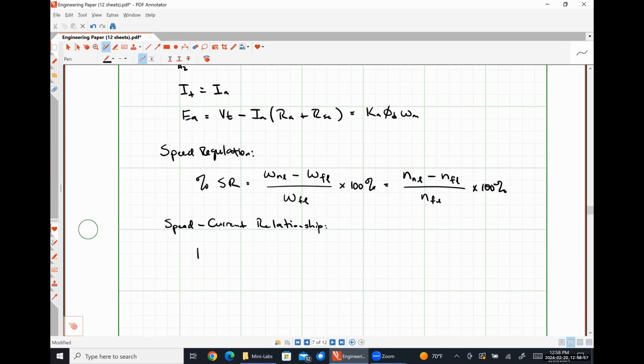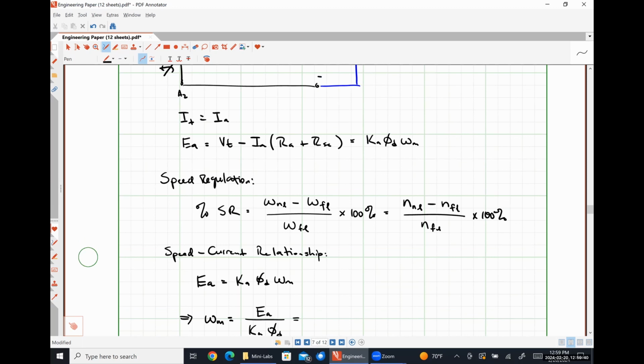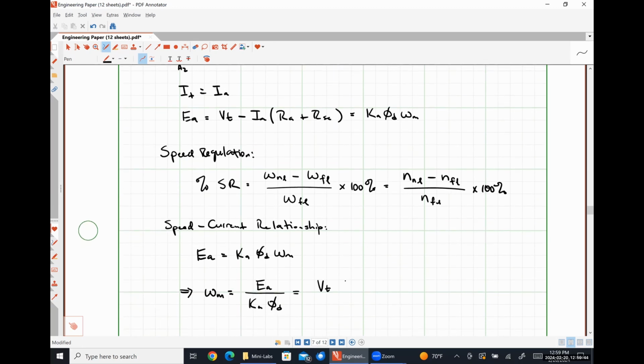So we know that our induced voltage EA is KA phi D times omega M, which means omega M, the speed at which our shaft is turning, can be got by EA divided by KA times phi D. And this will be equal to VT minus IA RA over